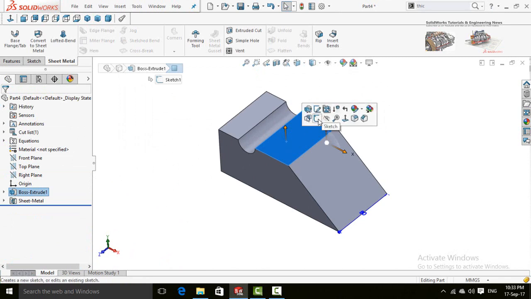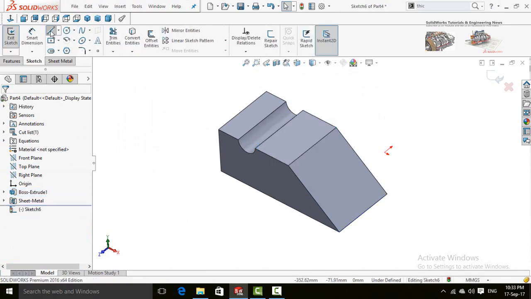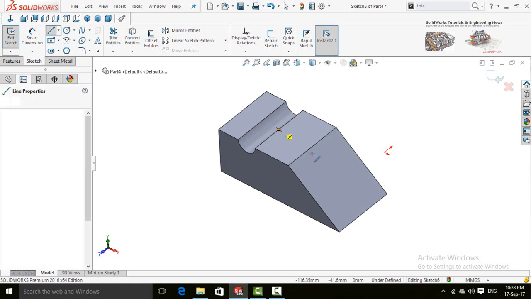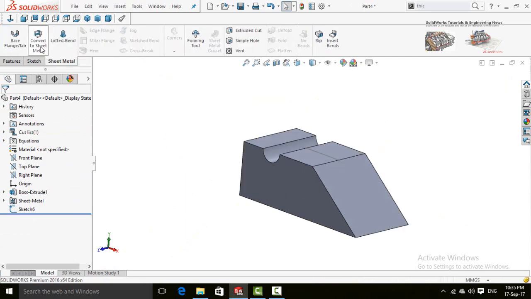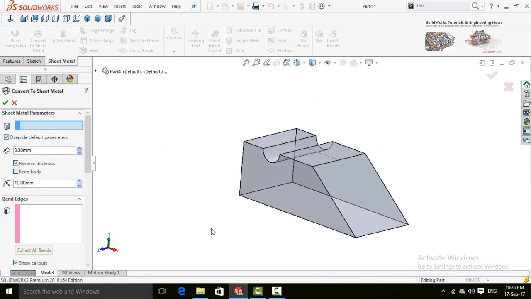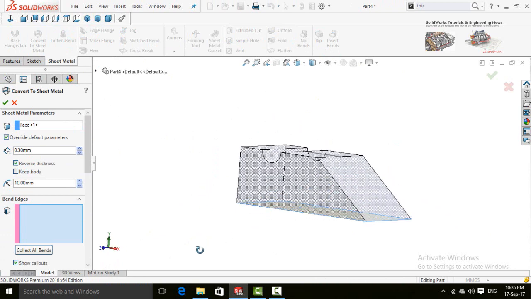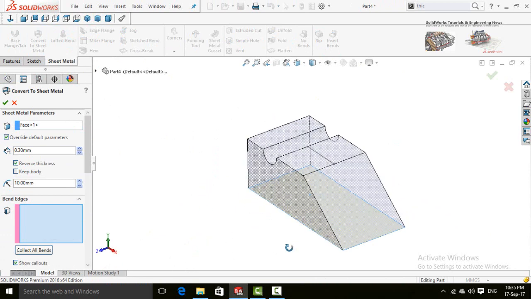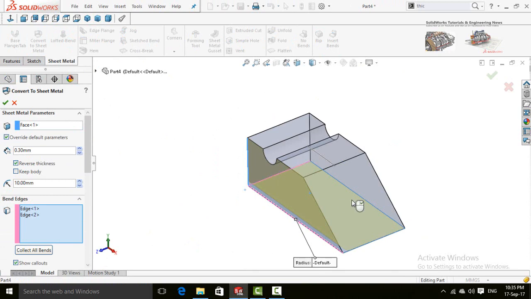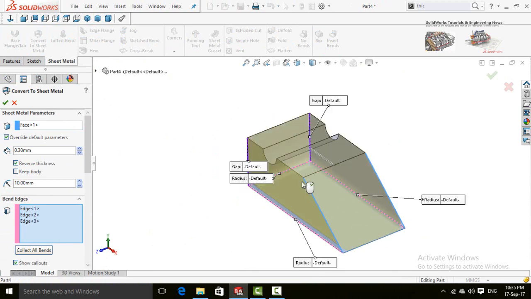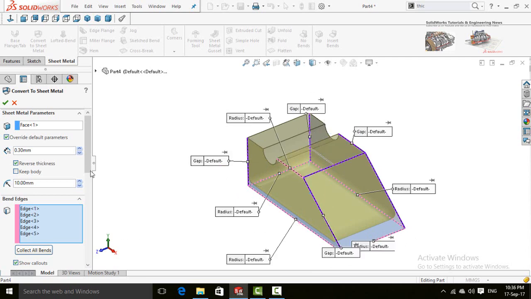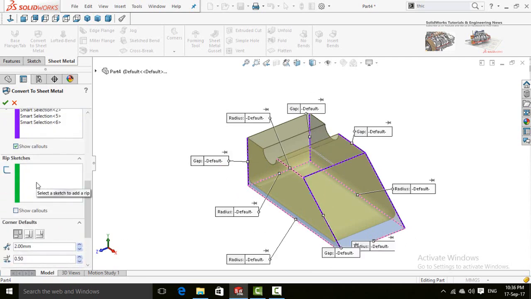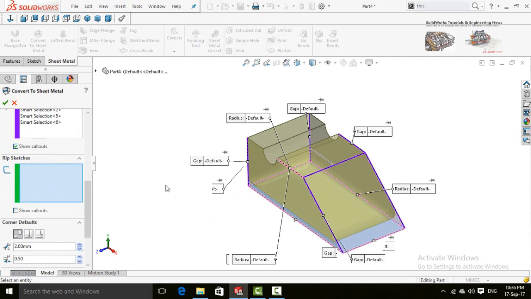Now sketch on this plane, draw a line like this. Press OK button. Click on convert to sheet metal command again. Similarly select this face as fixed geometry. Now for bend edges, select all these 4 bottom edges along with this edge. Now scroll down and then select this box, rip sketch.